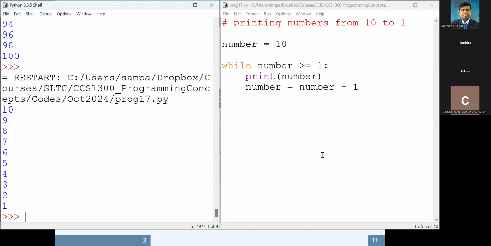Okay, so I think we got the basics. So let's again summarize: in a while loop, whenever you want to have it, what we need to do is focus on the starting value, the increment or decrement, and then the condition. You should be able to use any